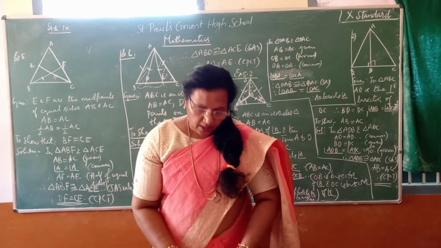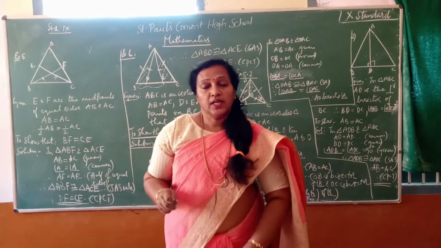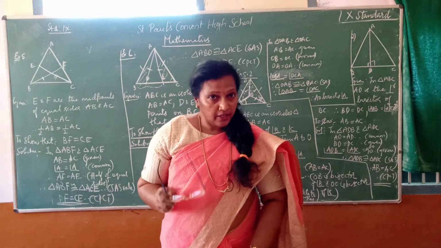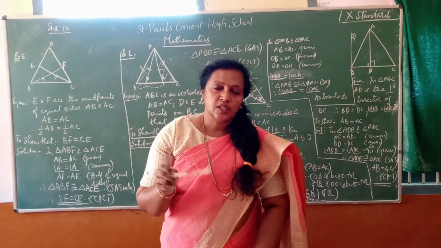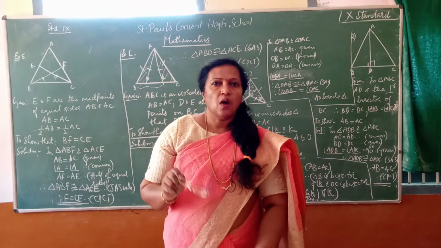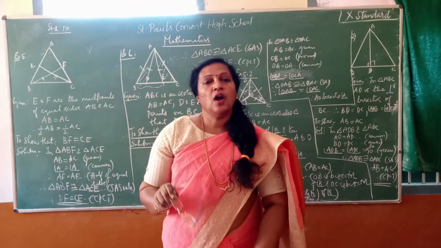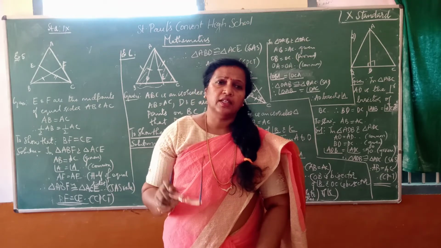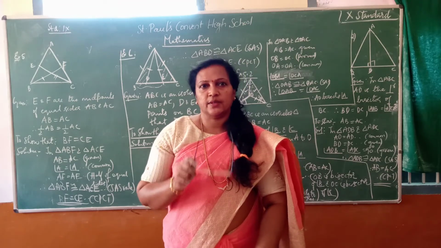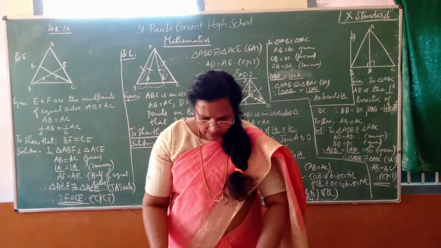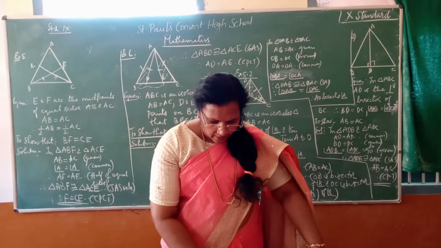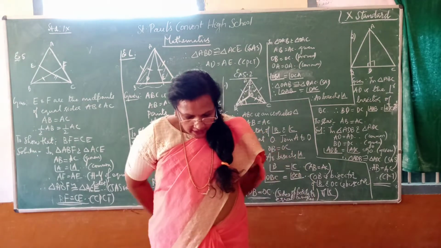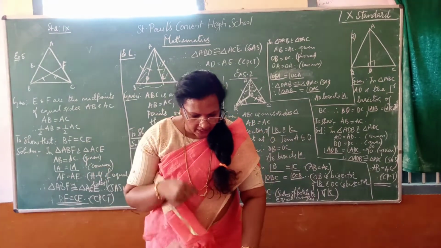Now listen. What is the activity you have to do for the FA test? You have to keep the text with you all. I'll just go on marking it. All that is marked, you have to repeat. You have to write. That is the activity for the FA2 test. So page number 85. Give the heading criteria for congruence of triangles.